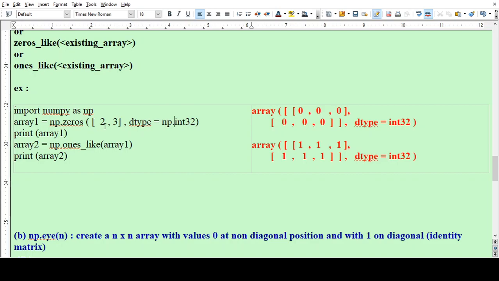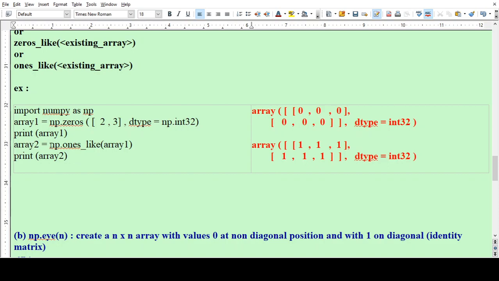So this statement creates array1 and all its elements will be 0, and it is printed. So you see the answer here. This is array1. Here you will see all the elements are printed in the form of a 2 cross 3 matrix and all the elements are 0.